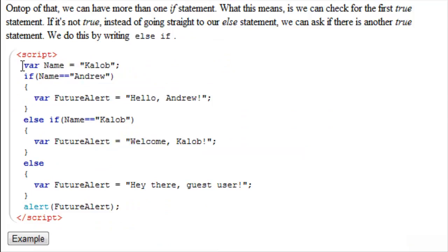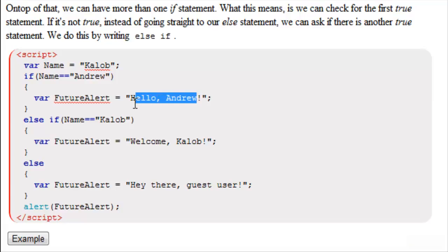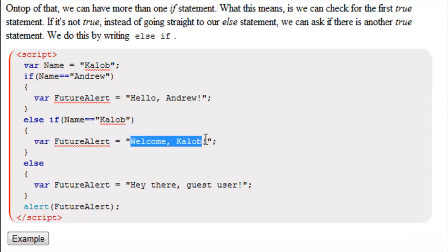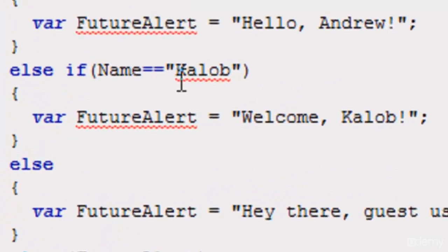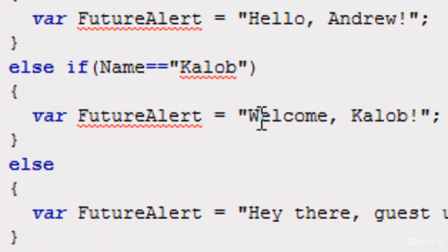So a demo script here, we have variable name is equal to Caleb, that's just my name. Now we just wrote if name is equal to Andrew, variable future alert is equal to hello Andrew. Well, this is going to turn out false because my name is not Andrew, my name is Caleb. Then we wrote else space if name is equal to Caleb, future alert, welcome Caleb. Now this is true. And this is how we mix an else and an if statement together to look for more than one true statement